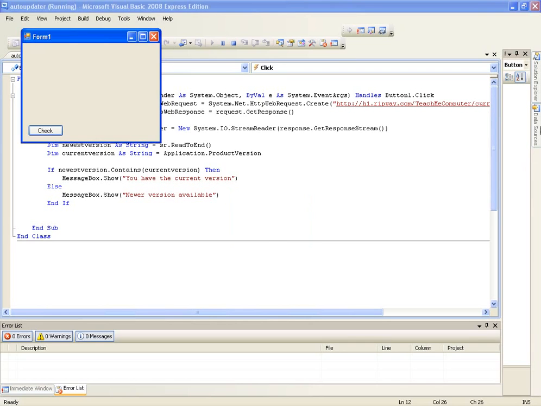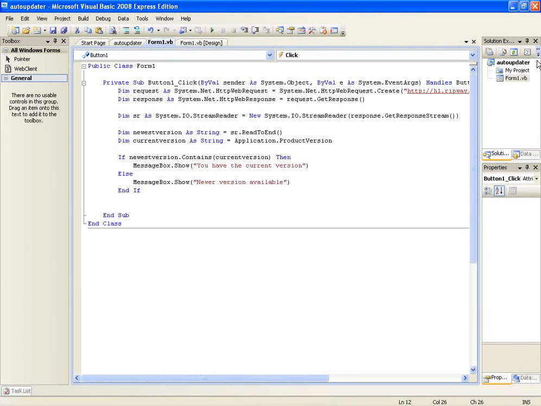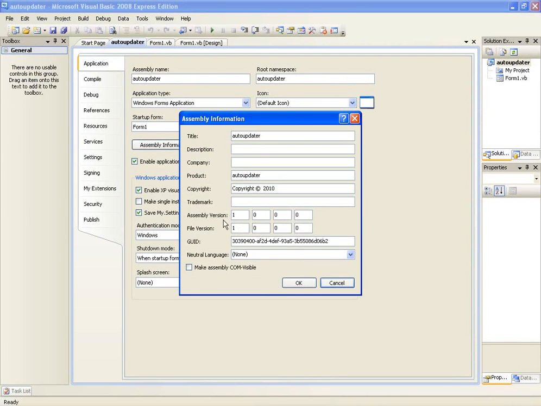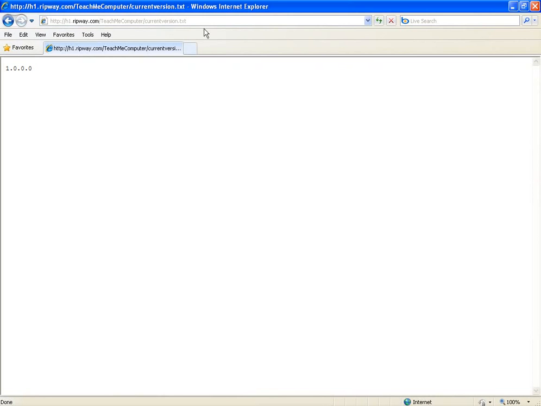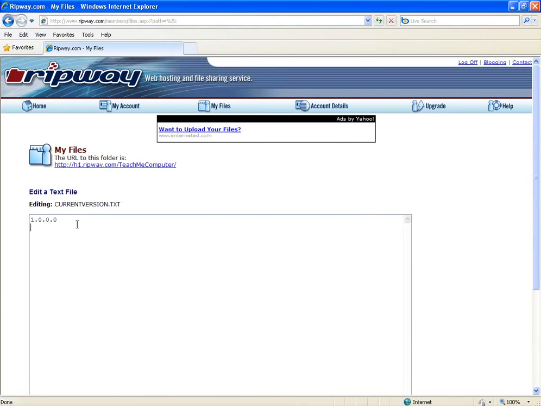That's because if we look here, 1.0.0.0, and we look on our application, go to the properties, the assembly version is 1.0.0.0 as well. So now let's go back to ritway.com and click on edit, and we're just going to change the last number to 1